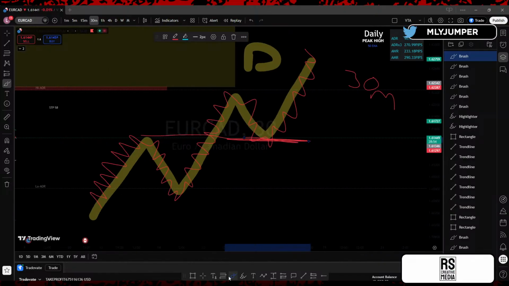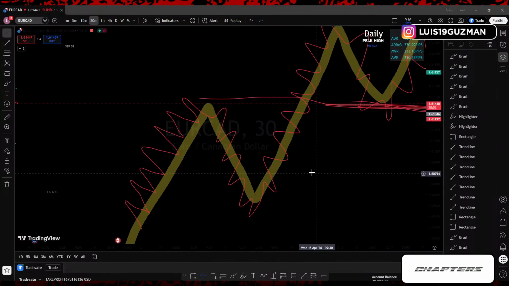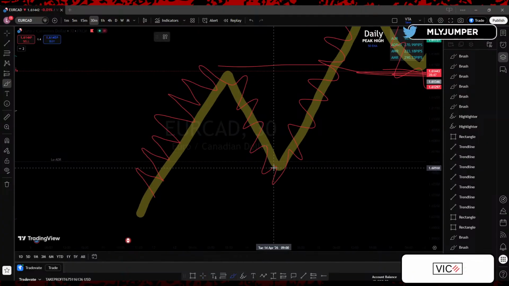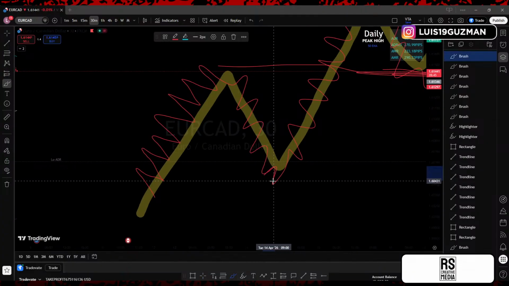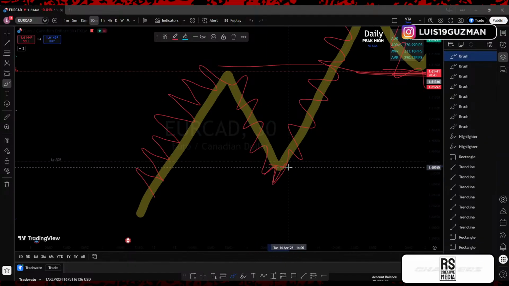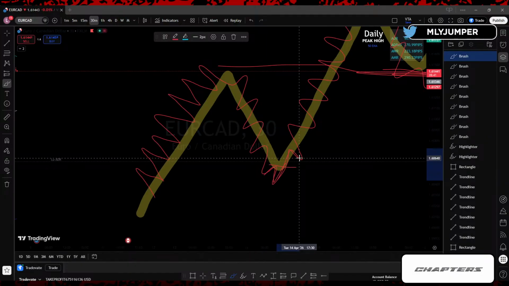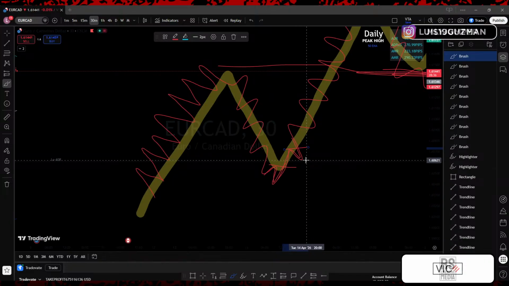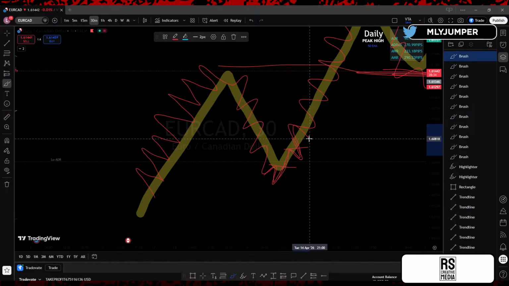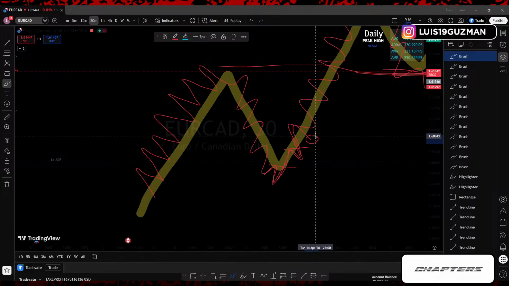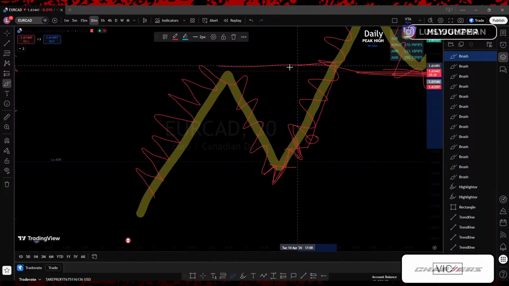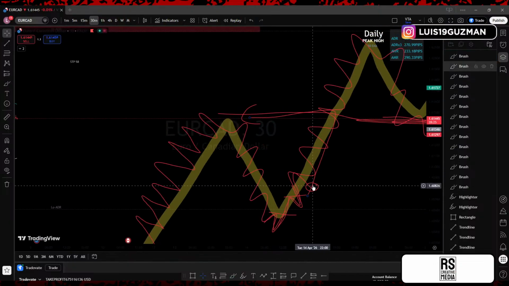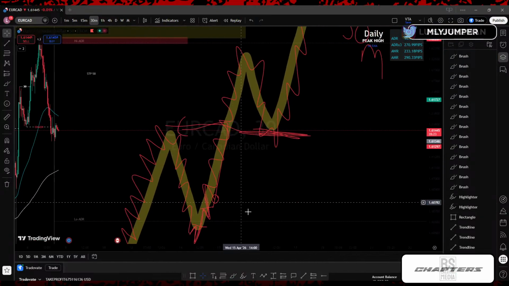Let's zoom in here real quick. The market is always going to give you lower low, lower high, lower low, boom, change of character. Higher high, higher low, higher high, boom, break of structure. At the next higher low point, this is where I'm getting in to target these highs over here, right? For then price to give you the continuation.